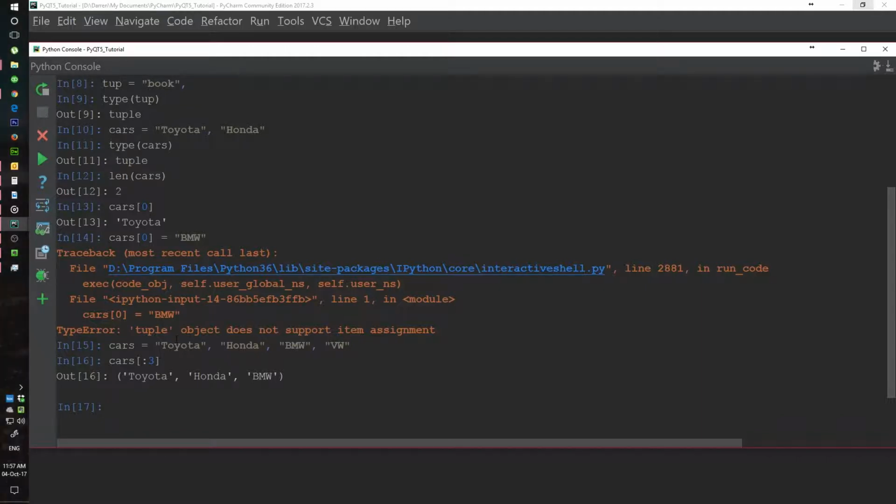As you remember, this counts 0, 1, 2, 3. So you say we enter a 3 here, why didn't it go to the VW? Well, this 3, it's everything excluding the number here. So if we put in 2, then you see that it will be 0 and 1. We could also get these 3 items another way, and that's by doing cars